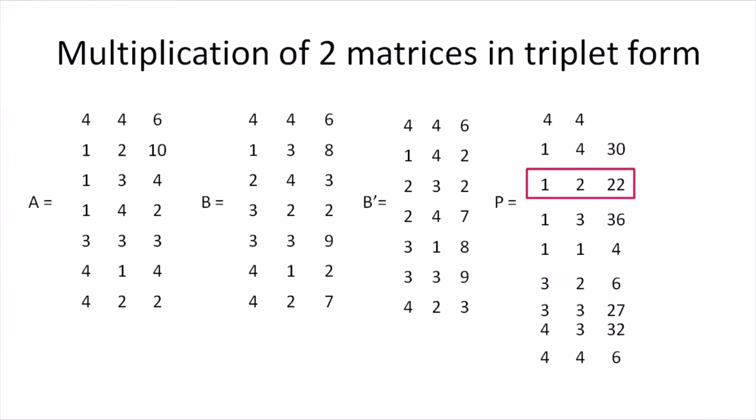Now that we don't have any other rows whose first column and second column values match, we will count the total number of rows, which in this case is 8, and we will place it in the 0th row, second column of the matrix P. So this P is going to be our final matrix, or the resulting matrix, which will be the product of the matrices A and B.